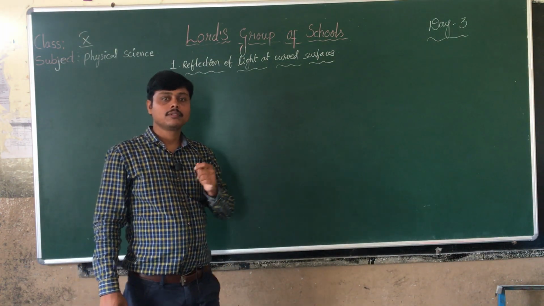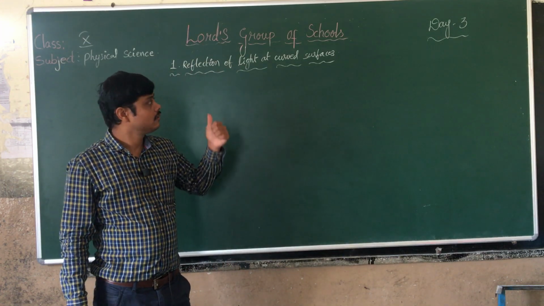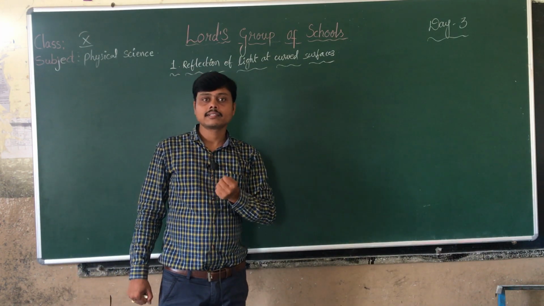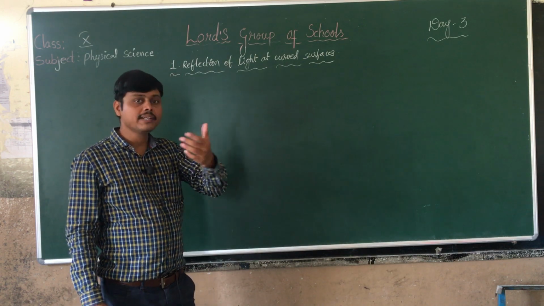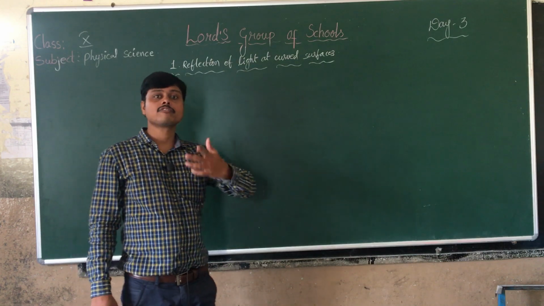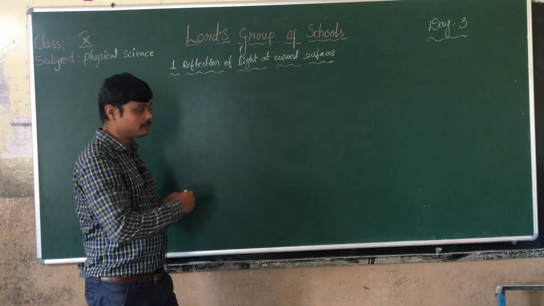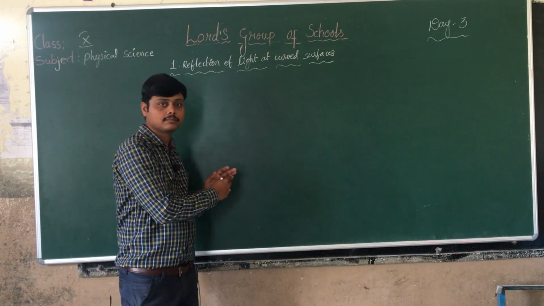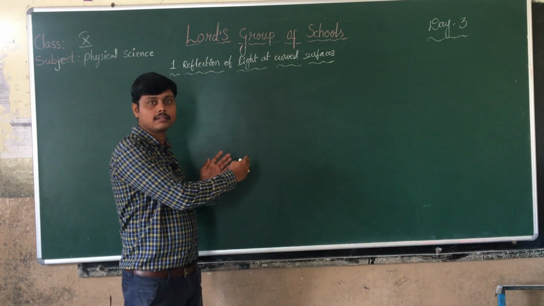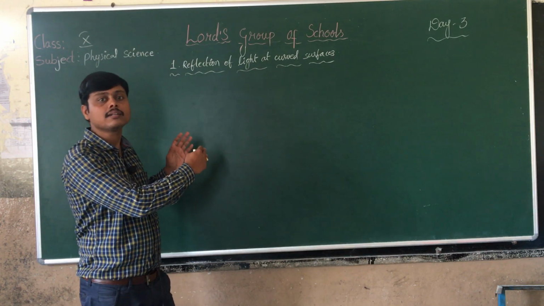In day 2, we completely discussed the terminology related to curved surfaces, and we conducted an experiment where we placed an object before a concave mirror and observed how many kinds of images we get. We made some observations in a table by placing an object before a curved mirror, and we observed whether the image is inverted or erect, real or virtual, and enlarged or diminished.